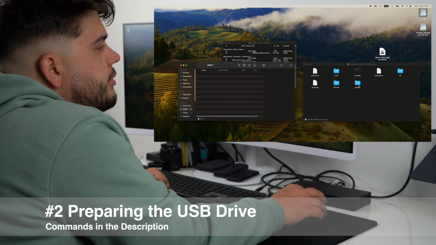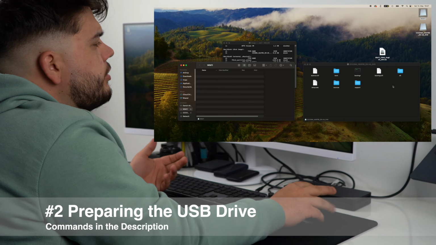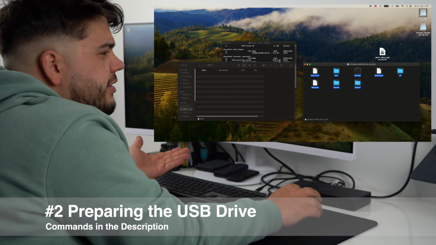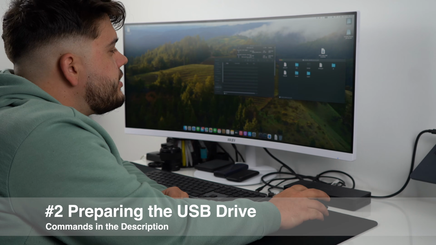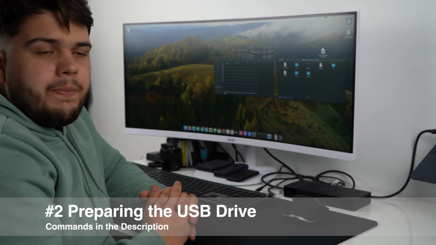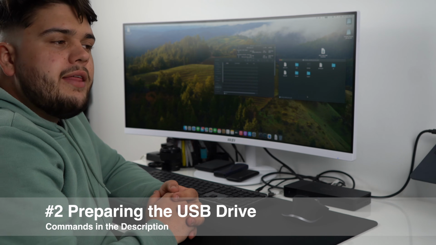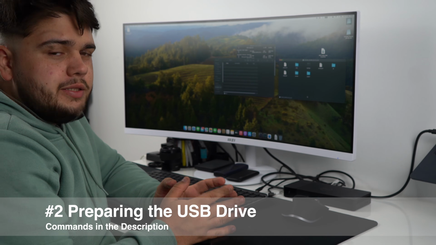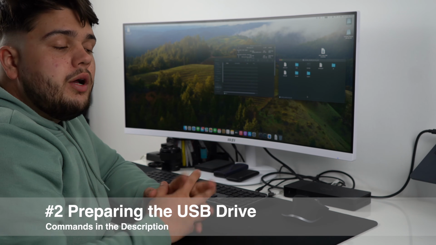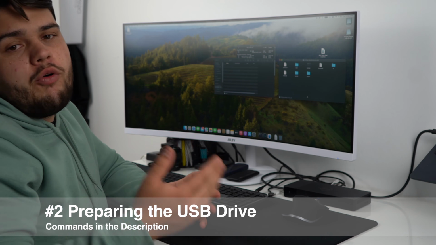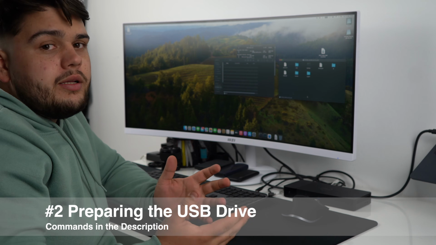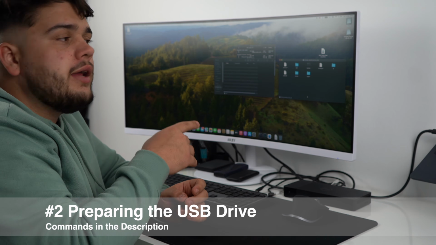This is our Windows 11 ISO. Why can't we just take it and copy it here? Well, the problem is there's install.wim inside this ISO, and that file is over 5 gigs. The format FAT32 won't let you copy individual files over 4 gigs. So you can't copy it. You can try, but then